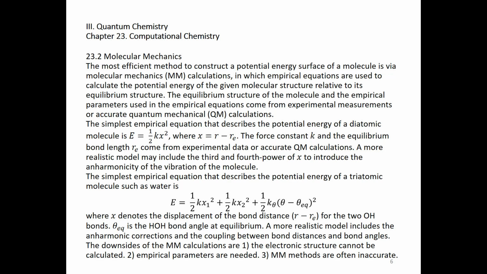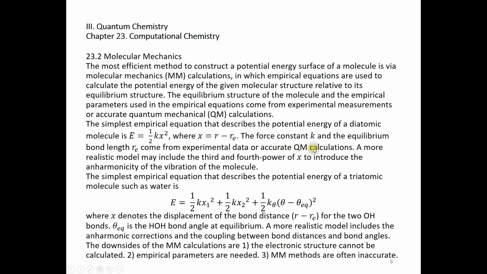The simplest empirical equation that describes the potential energy of a diatomic molecule is this: 1/2 times the force constant k times x squared, where x is r minus r_e, the actual bond distance minus the equilibrium bond distance. The force constant k and the equilibrium bond length r_e come from experimental data or accurate